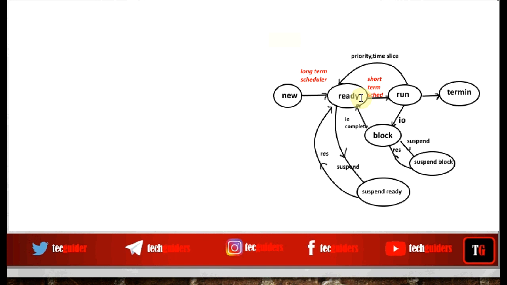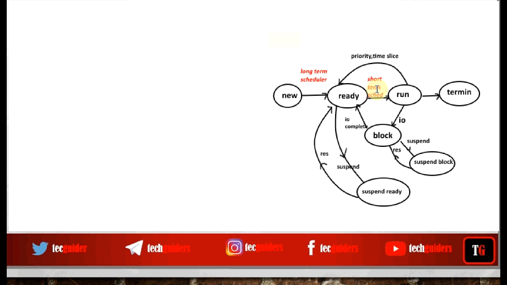Suppose one process moved from the ready state to the running state based on the decision of the short-term scheduler. Very soon that process may encounter some I/O request and can move to the blocked state. So the scheduler should take the decision again very soon. Again, the next process, while running, suppose another higher priority process arrived. So this process has to be moved from the running state to the ready state, and the scheduler needs to take the decision very soon. So here the decisions are to be taken very frequently. Once a decision is taken, it lasts for usually a very short time span, and hence it is called the short-term scheduler.